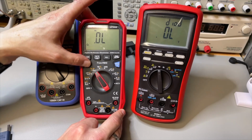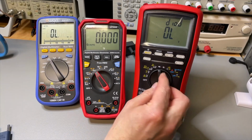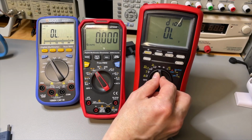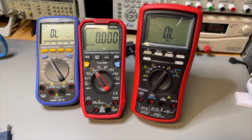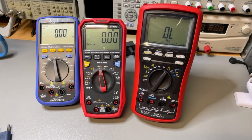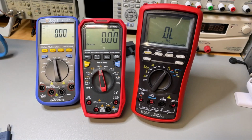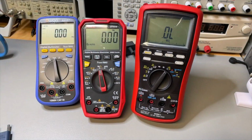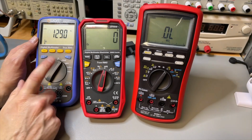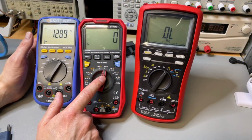It is now in diode, and it is now in capacitor mode. Here we just have a single one for the diode, for the capacitor, and for the resistance. Yeah, for the Owon we have the frequency separate setting. Here it's a frequency separate setting, but on this meter you could already see it in the AC modes, just show extra in the display. Then the Owon has an extra, the temperature. The UNI-T has as an extra also the transistor testing,